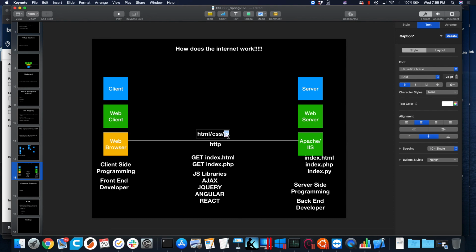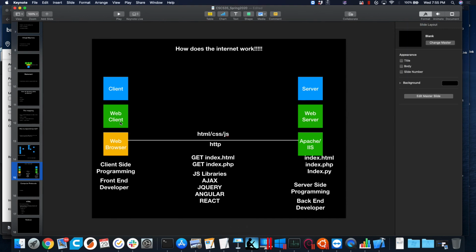Right? If we go and put in our username and password and we forget to type in our password, usually it'll say, please enter your password, right? It hasn't sent that to the server yet. JavaScript did the testing and said, if you didn't fill in this box, I will scream, right? If you did fill it in, then I'll try to send some crap and we'll see what happens. We'll roll the dice. All right. So, this guy over here, we call this all client-side programming or front-end development. Back here would be server-side programming, back-end development.